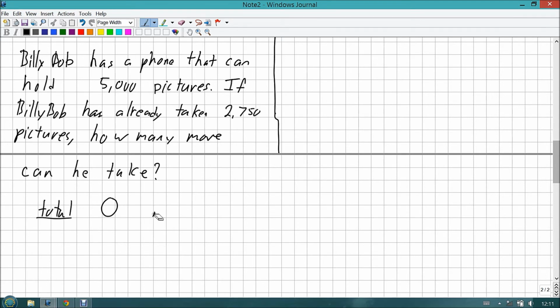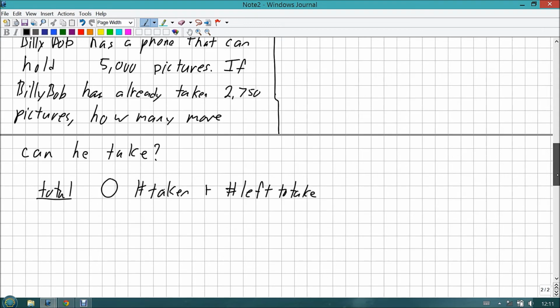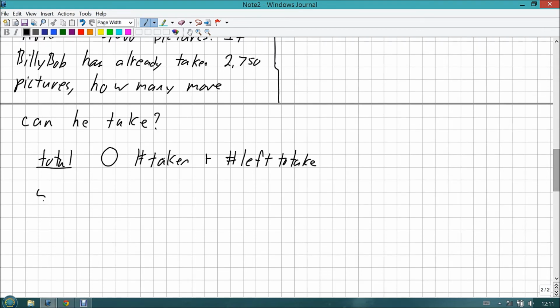So I kind of gave it away there. So number taken plus number left to take. So if he has a total of 5,000 pictures and he's taken 2,750 of them,